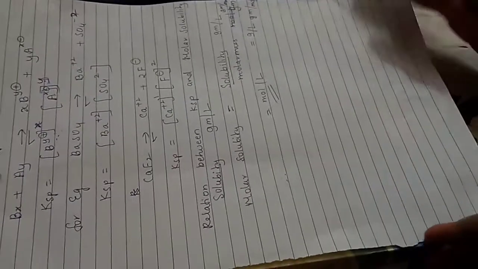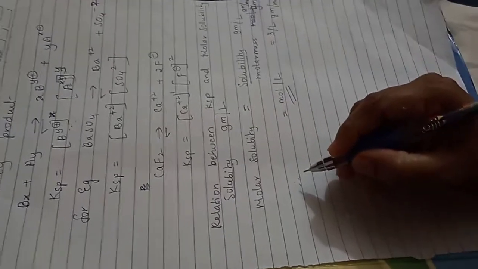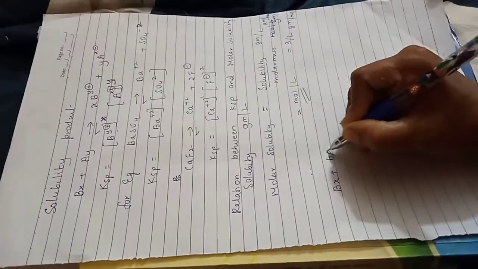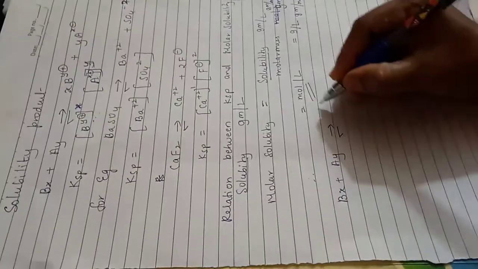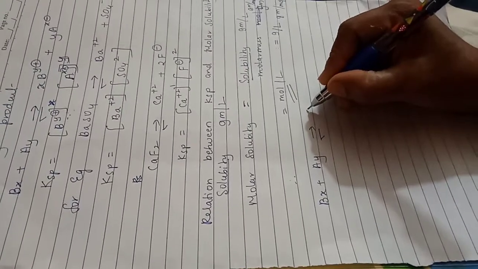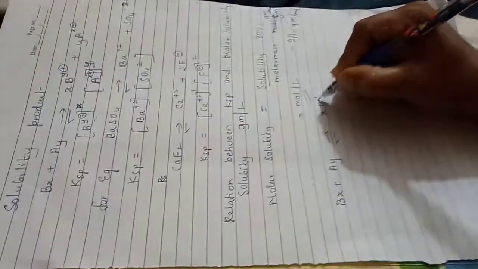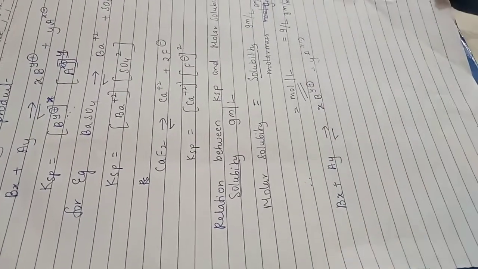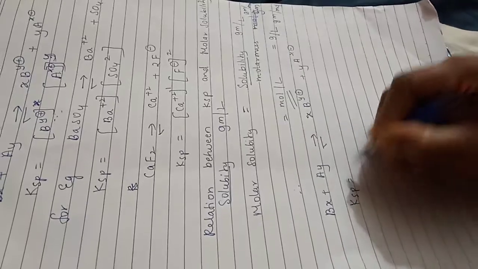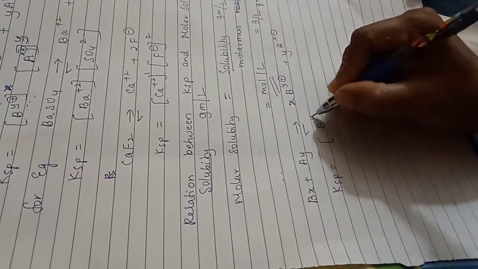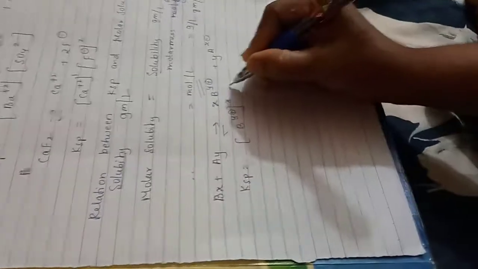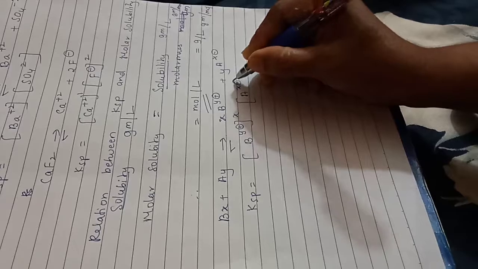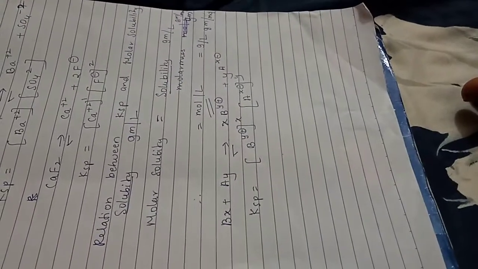That is one point. Now concentrate. What is the relationship between solubility and molar solubility? For that, consider a reaction. Again the same reaction, BxAy, sparingly soluble, undergoes partial dissociation to form xBy+ ions plus yAx- ions. Then how do you write the solubility product? It is the product of the equilibrium concentration of ions raised to powers equal to their coefficients.